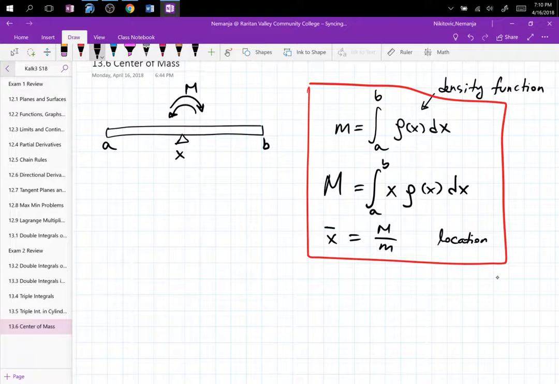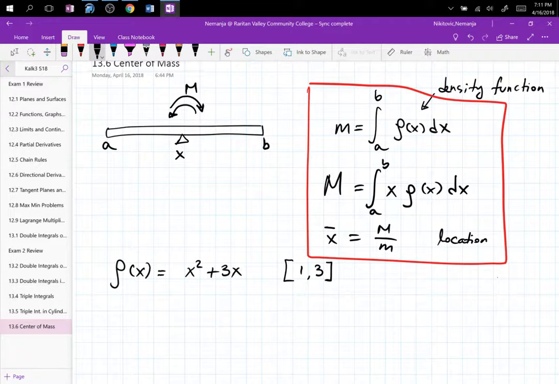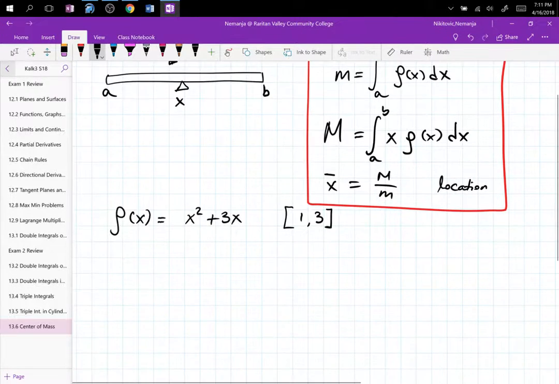Say that you have a density function that is x squared plus 3x, and all of that is on 1 to, let's say, 1 to 3. This is all you need. You have a density distribution, and now with this density distribution you just plug in everything